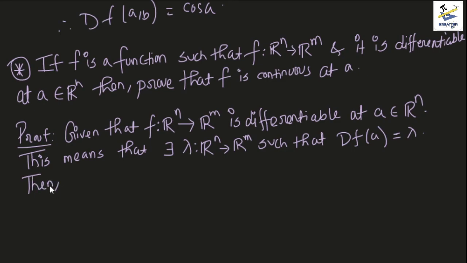Differentiability at a point in higher dimension means that there exists a linear transformation lambda such that df of a becomes lambda, right? Now, this lambda also satisfies the property that the derivative satisfies. So we can write down